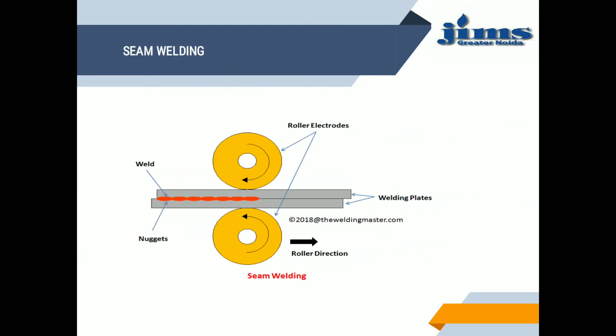Next comes the seam welding. Resistance seam welding, as clearly shown, the red or maroon-orange colored lines show a proper seam formed along the surface. Seam welding is similar to spot welding except that continuous circular rotating electrodes are used in place of tip electrodes. The weld produced is a continuous airtight seam, so it can also be defined as a continuous series of spot welds.